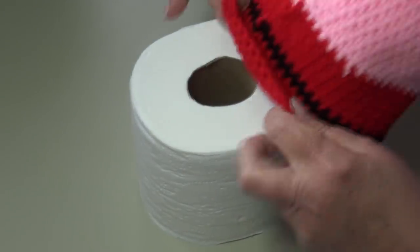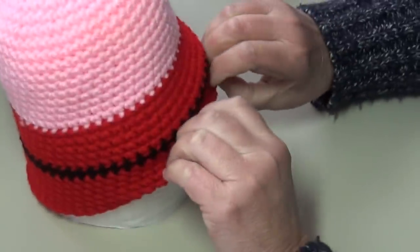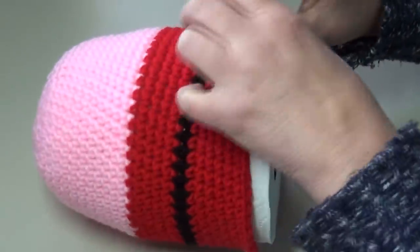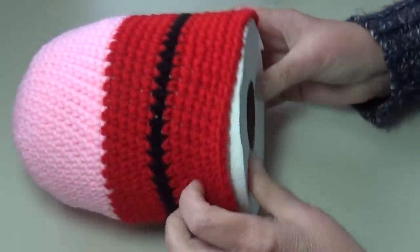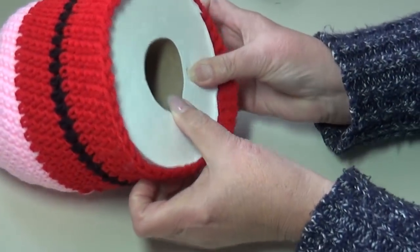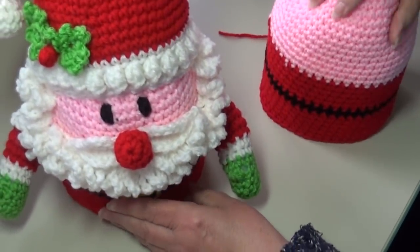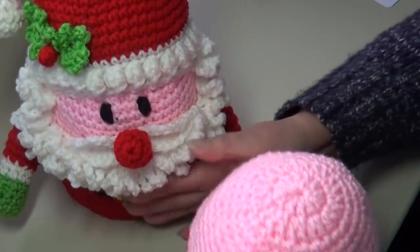And then we're just going to stick our Santa right over top our roll of toilet paper. You're going to pull him down. It fits nice and snug, and you want to pull it so the bottom comes down over that roll of toilet paper. So part 1 of our Santa crochet along is finished,